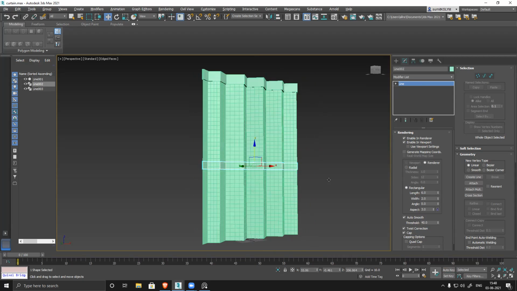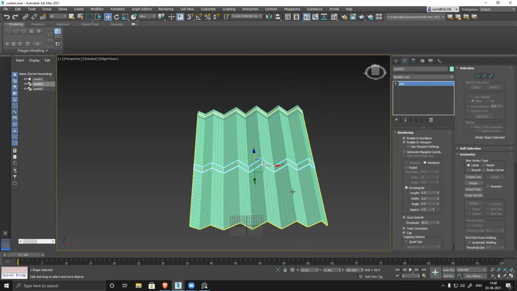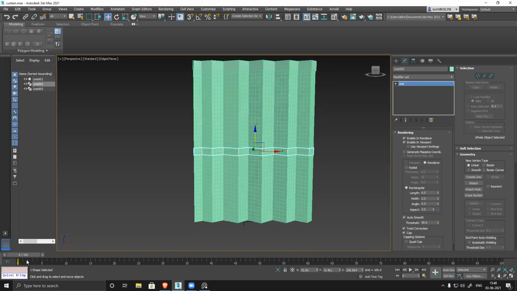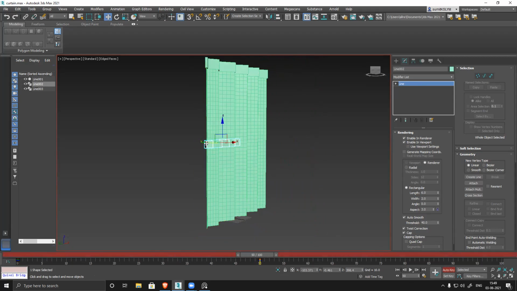So if now you want very nice clean folds, first thing, I'll create the key, auto key, and move it to like 40, 50 somewhere, and auto key is on, reduce it, and let's move it in one direction, slightly up or slightly back.